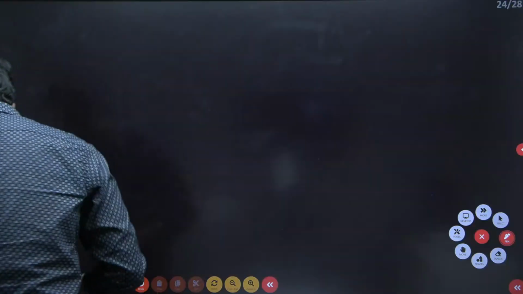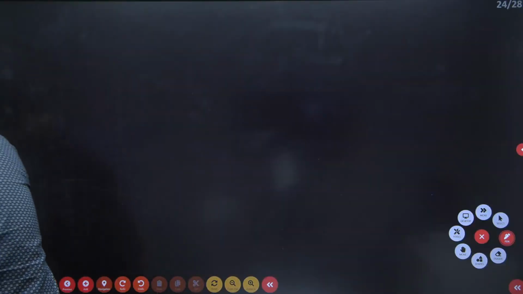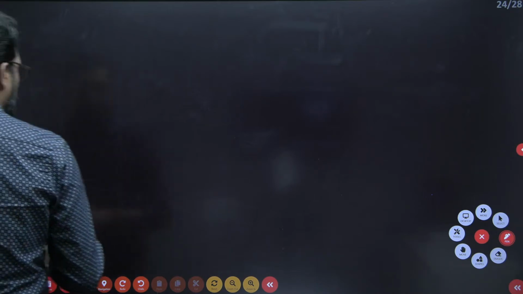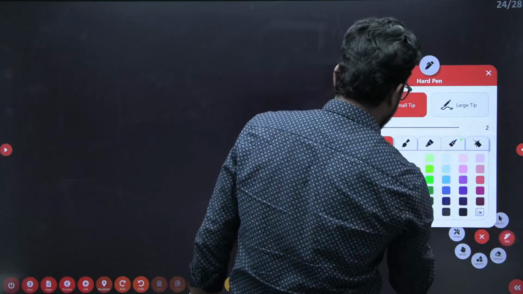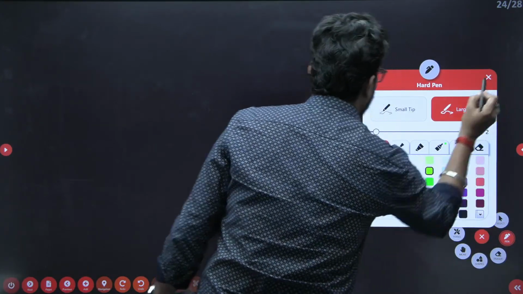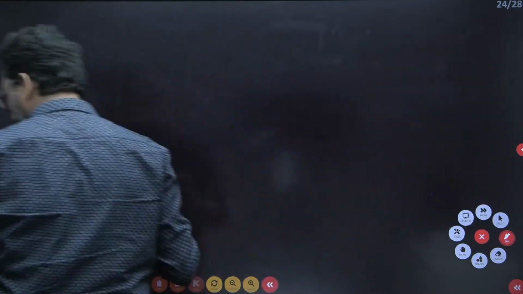Now we have to try to solve this problem, and this is a very good problem. We have to try to cover it. I think this is the last problem for today, because the time is short. So we have to find